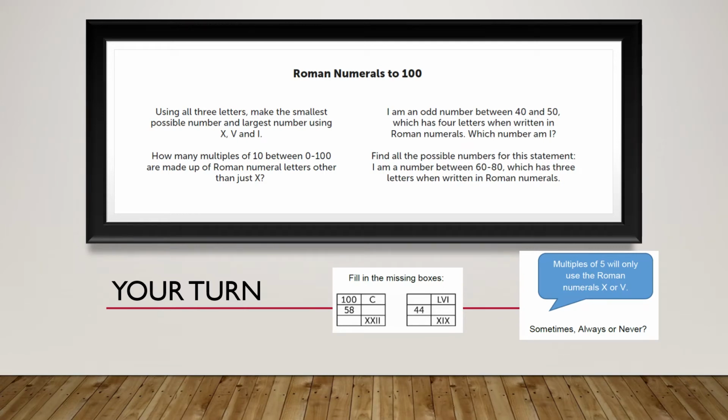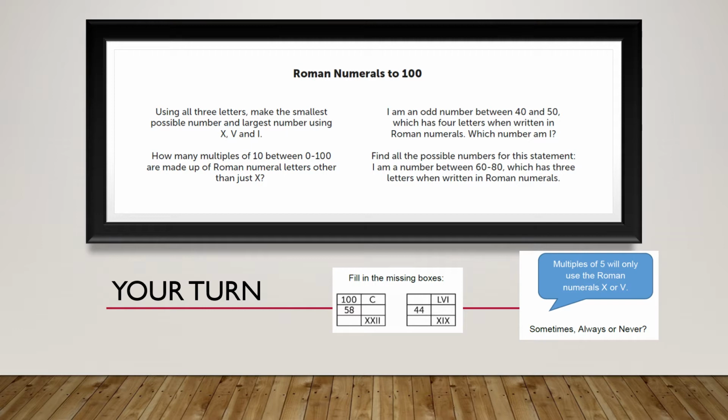Hello everyone. Today I'm going to ask you to do something a little bit different, so bear with me. We've looked at Roman numerals all week, but this time I want you to use your knowledge of Roman numerals to try these things. I'm going to give you a few tips for it, but otherwise I want you to try this yourself. So, using all three letters, make the smallest possible number and the largest possible number using X,